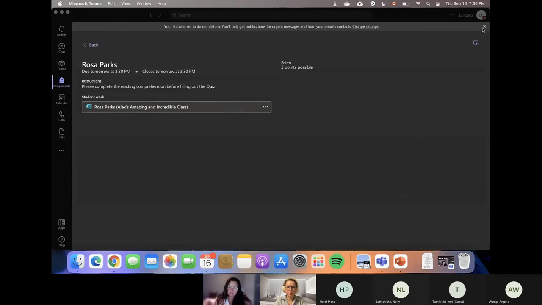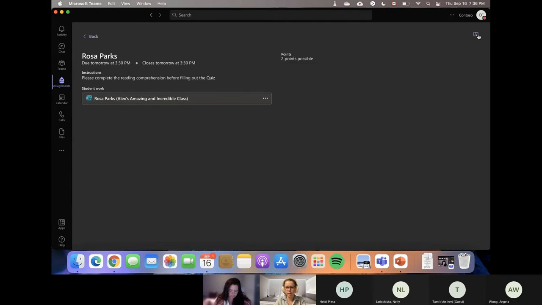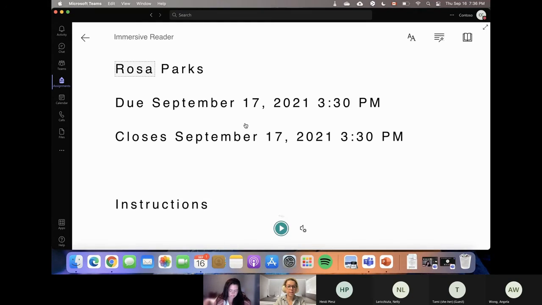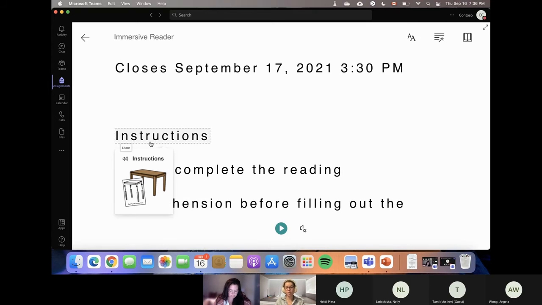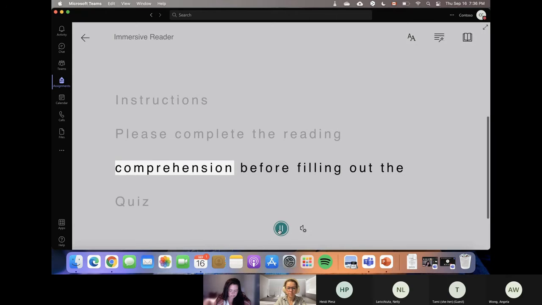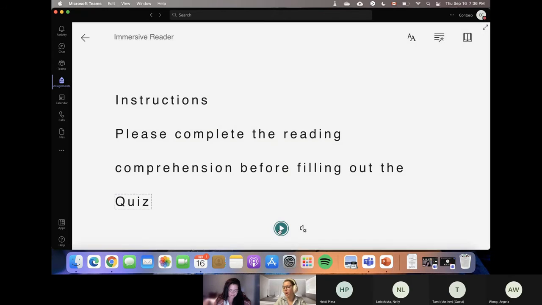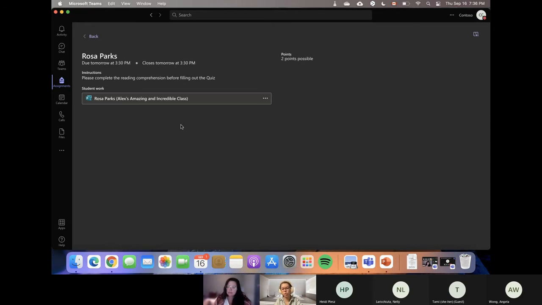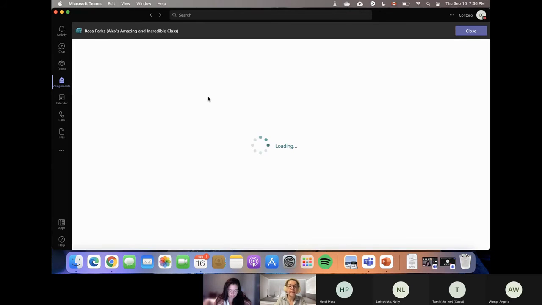If I actually go to that immersive reader, this little accessibility tool, I could now see anything. So if I am an auditory learner, I want to hear the instructions, I can do this. Instructions. Please complete the reading comprehension before filling out the quiz. I can have that immersive reader built into not only the instructions for the homework assignment, but it's actually built